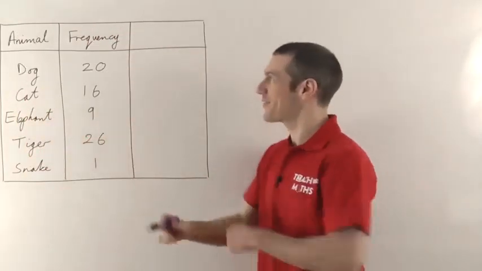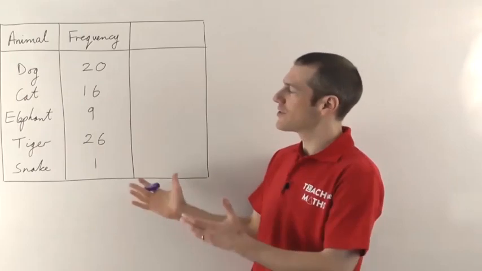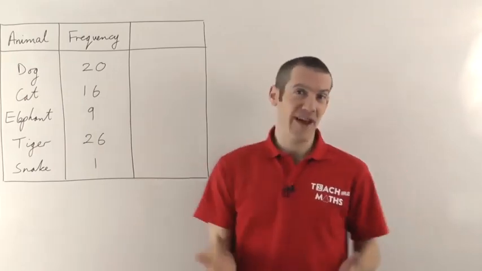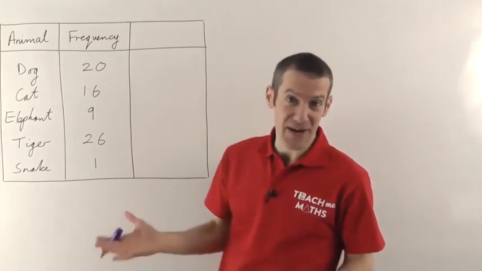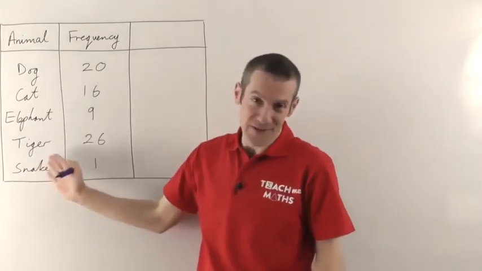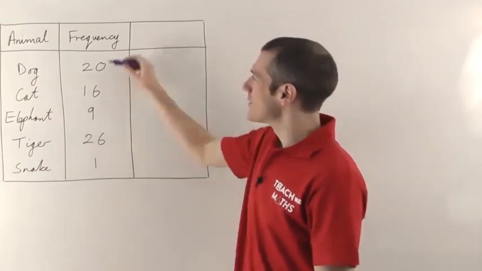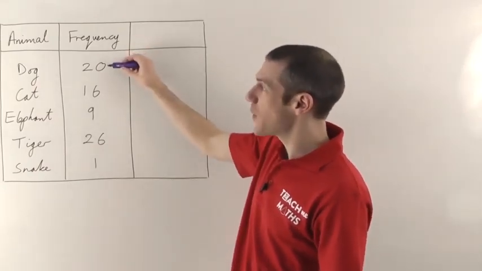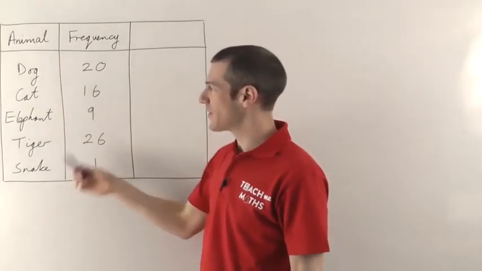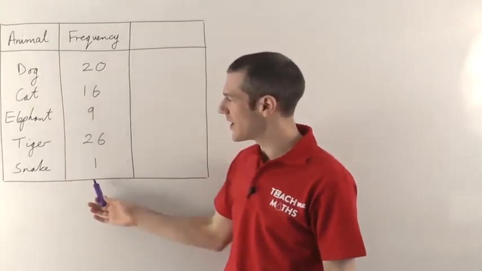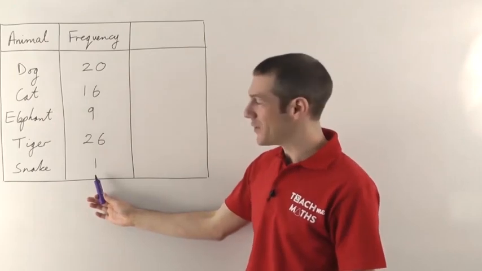Alright, there we go, there's our frequency table. Now I've chosen the question, what's your favourite animal? So imagine we went around a bunch of people and asked them what their favourite animal was. And here are the responses supposedly that they gave. So the frequency here tells you that 20 people picked dog as their favourite animal. 16 people went for cat, 9 went for elephant, 26 for tiger, and one person, there's always one, went for